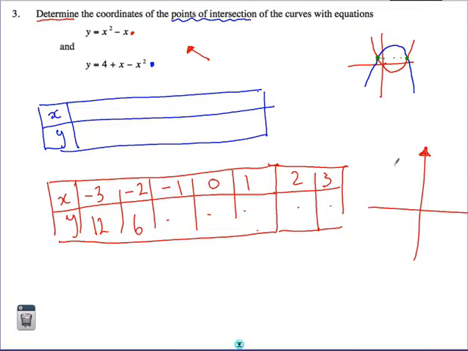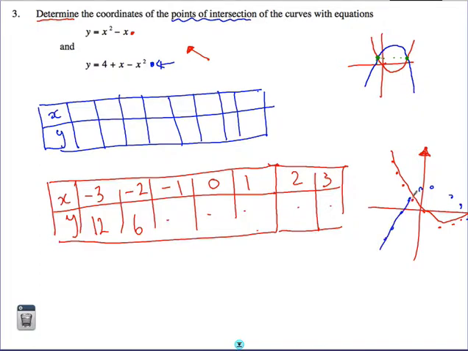It would look something like this, and you could just sketch carefully, and then you would do the same thing for the blue equation, put in your coordinates